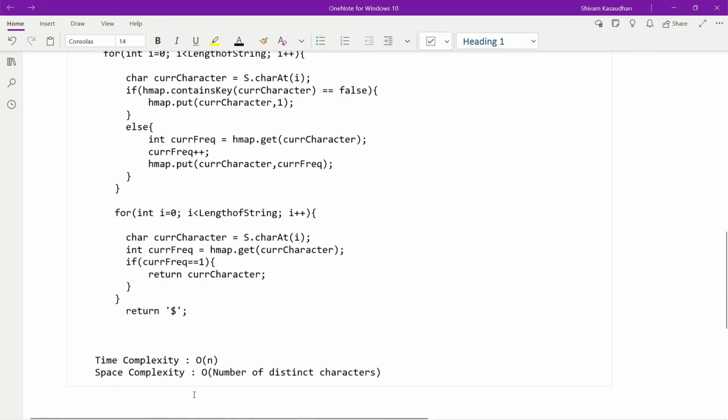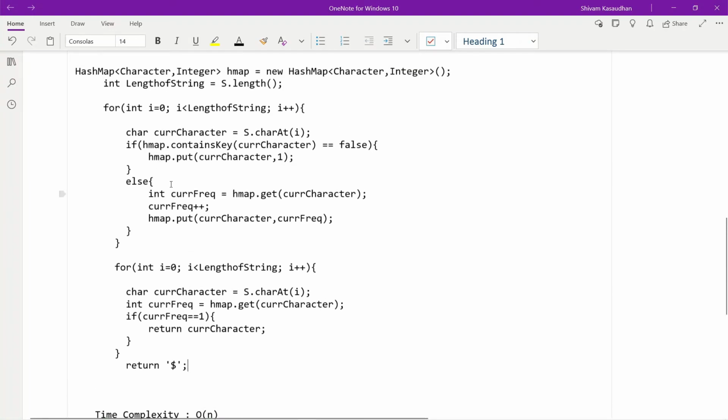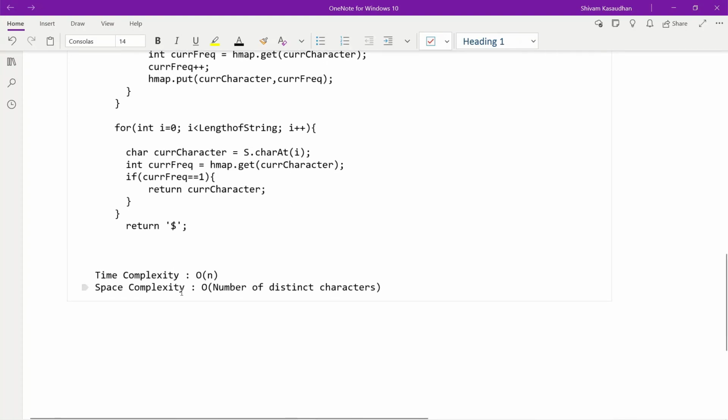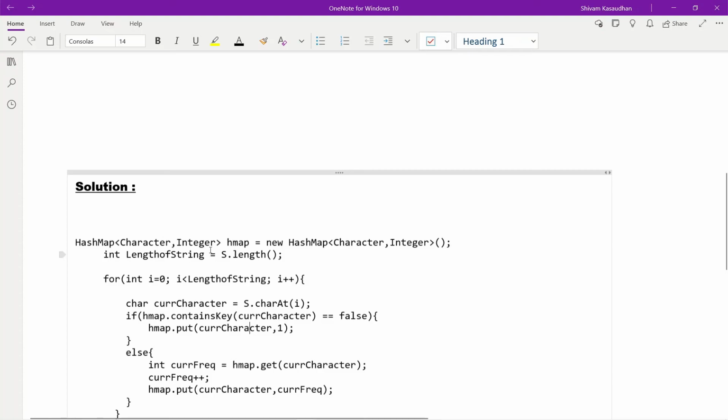The time complexity of this approach is order of n, because we are using two for loops over all the elements present in the given string. And space complexity is order of the number of distinct characters. I haven't written order of n here because we are declaring a hash map.